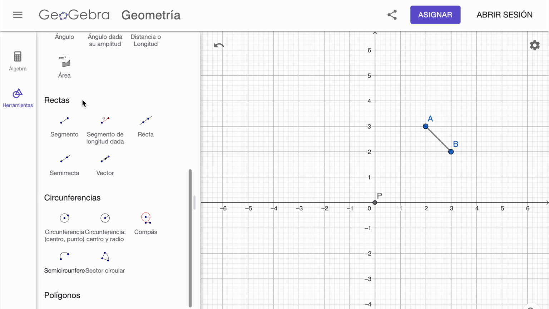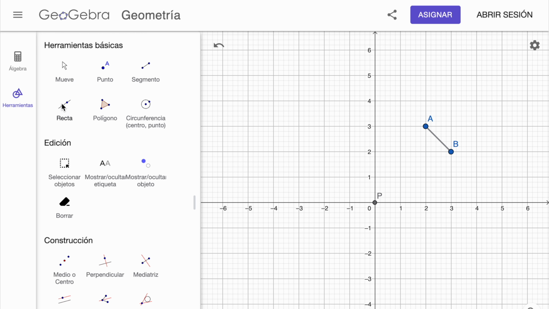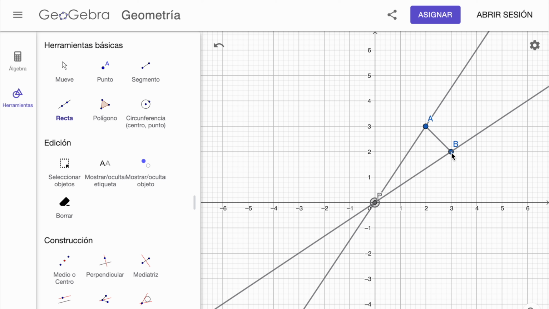So to do that, I'm going to go back to the basic tools, and here you have the line tool. So you select that, and it asks you to trace a line from the points. So I'm going to select the first point, that is my point P, and the second point, point A, so that I have a line. Now I'm going to trace another line, so I'm going to select point P again, and now point B. Alright, now here we have these lines,